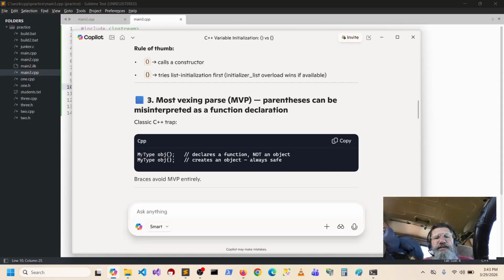So are we initializing an object here? That doesn't even make sense. Oh, okay, because there's no new. So this is a function.